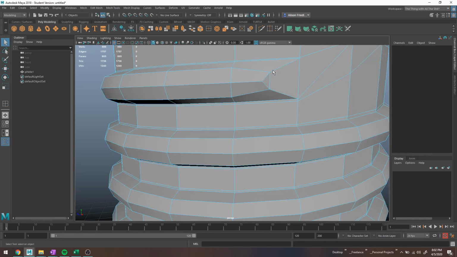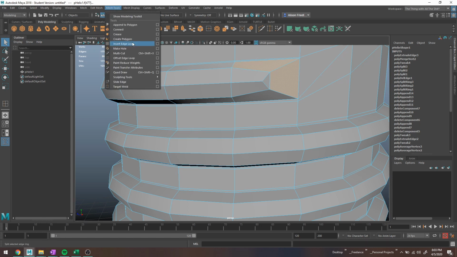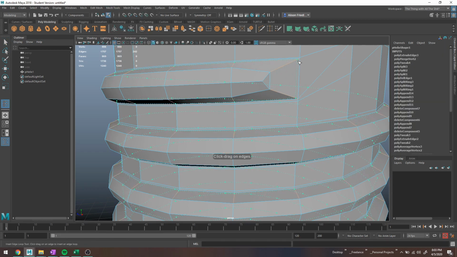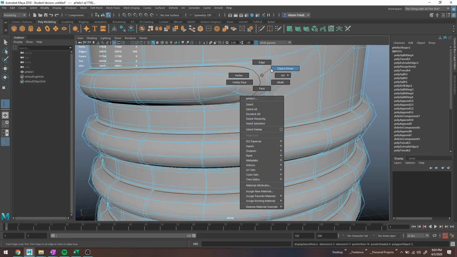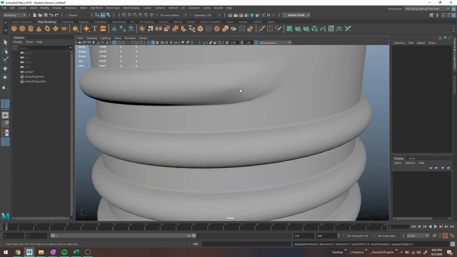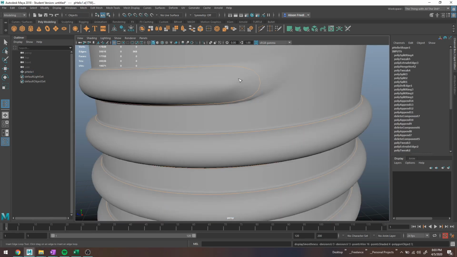Okay, so before I did that, I could have gone through if I wanted to and done an edge loop, and it would have wrapped around this entire little loop thing here. And it would have applied an edge loop to the top and bottom of my threads. If I smooth that, it would give me a really nice, really hard edge. So if I was going to do that, I'd probably do that